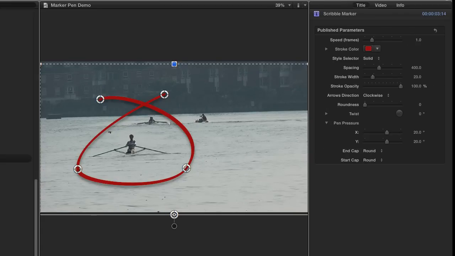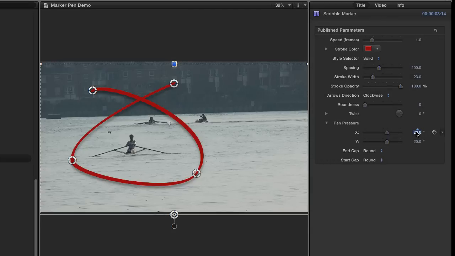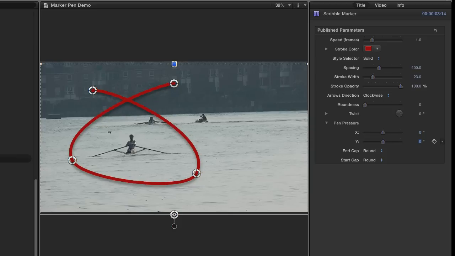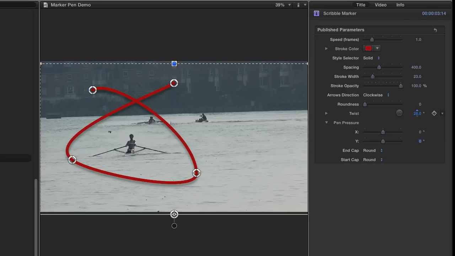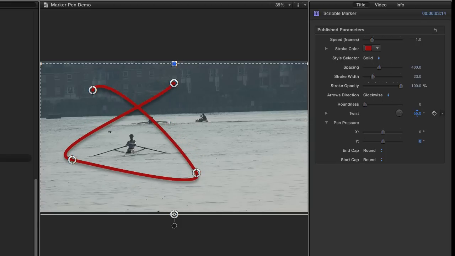Scribble marker is quite a bit more fun. You've got 4 points, and you can move those around to outline your shape. Quite a fun thing here is this pen pressure, which gives you this kind of calligraphic look. This is preset to moderate pen pressure. If you turn that right down, you get a uniform outline. And the other fun control to play with is twist,